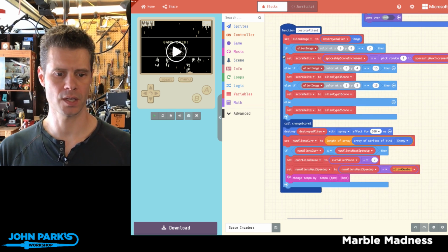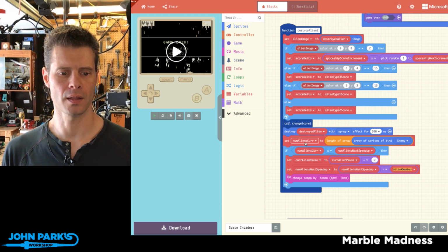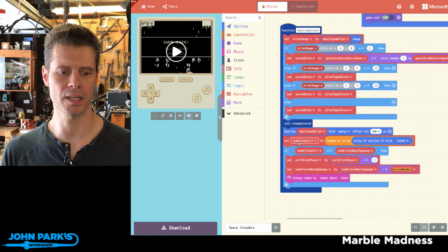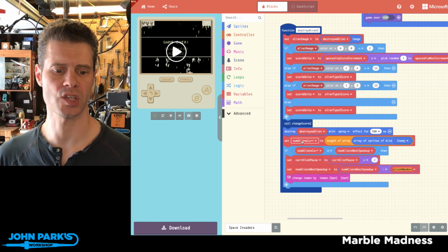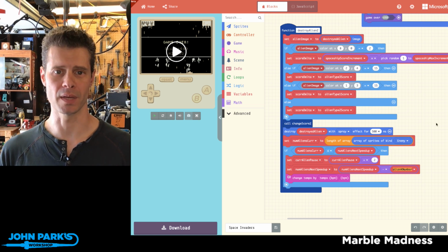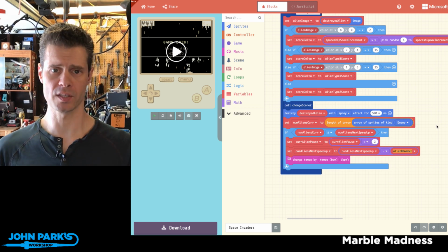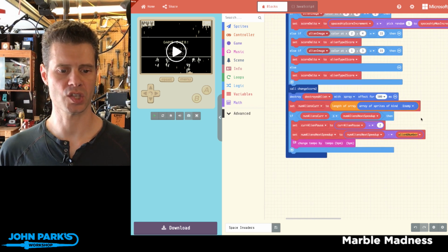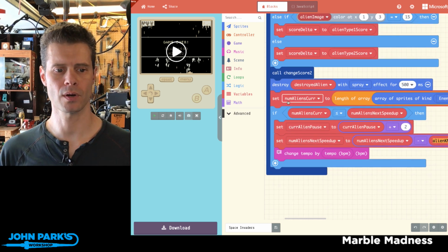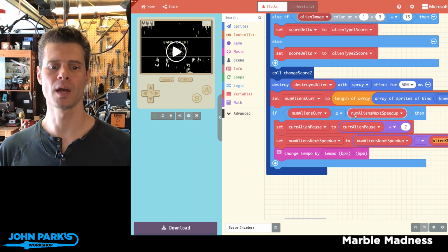And what he's doing is when aliens get destroyed, this variable called numAliensCur, so that's the current number of aliens, is set to the length of the array of sprites of kind enemy. And that will change as we blow away those sprites. They'll get destroyed, so that number will change. And then there's this if statement here. Let me zoom a little closer even. It says if the number of aliens current is less than or equal to number aliens